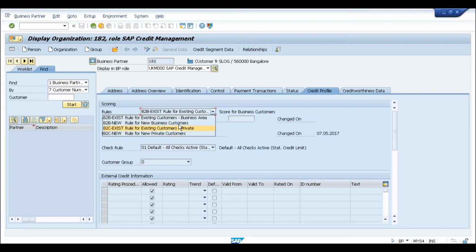Because anyways, we are not calculating this automatically by the system. Configuration is not maintained at any particular rule level. We have not even activated this functionality. So irrespective of what you select, it is not going to make any difference in your normal credit processing.